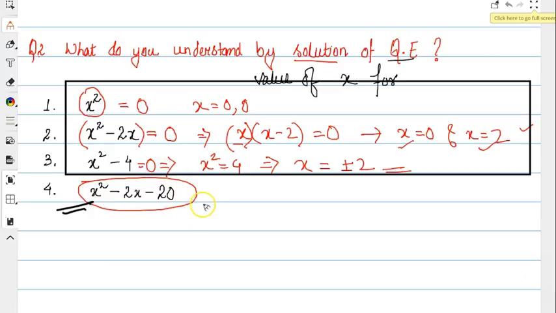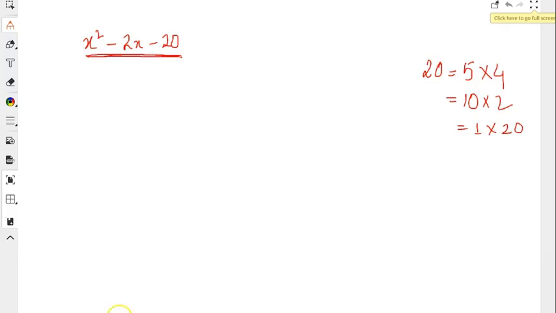Generally we learn factorization. You have learned factorization in class 9 also, right? So I'm not discussing factorization for now. Let us say you know factorization and let me take this problem. It is like x square minus 2x minus 20. So you multiply, and here I have 1, so it is like 20. So 20 can be written as 5 into 4 or 10 into 2 or 1 into 20. But you see we are not getting 2 here, right? Any combination, I'm not getting 2. That means I will not have integral solutions of this,